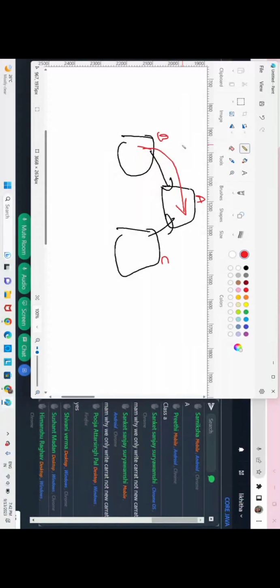Yes, A. Here, class A is correct. If you have upcasted to class A, you have to downcast to class B. If you have upcasted through class C, and you're downcasting to class C, that's fine. But if you're upcasted from class C and downcasted to class A, that is called as